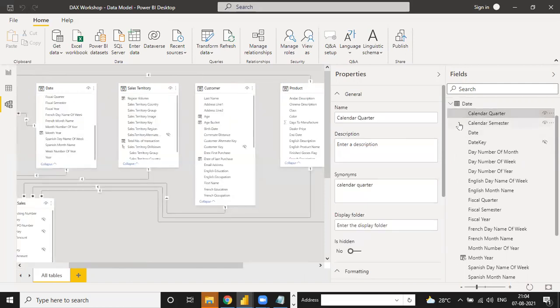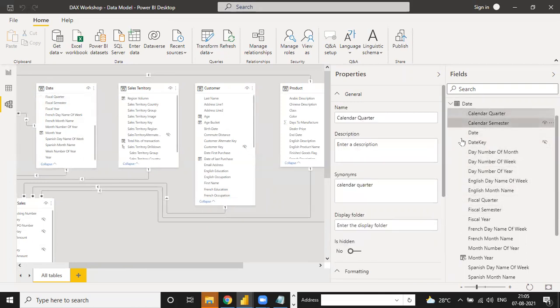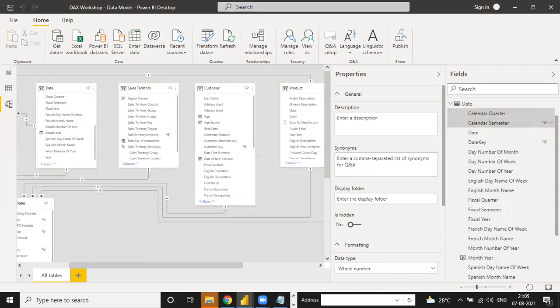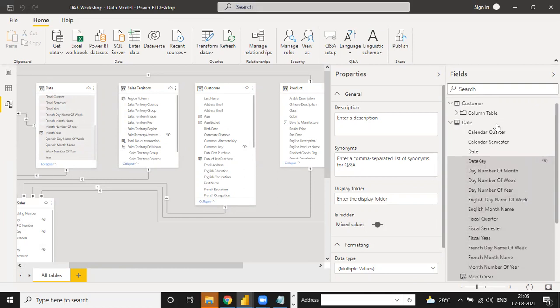Then you do control, select, because it is a very good method for organizing columns, and put it here as column table and press enter.